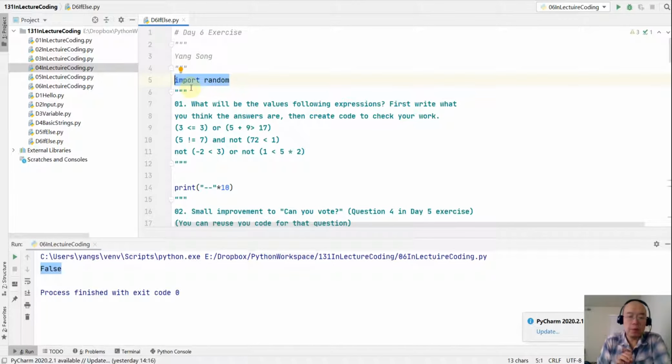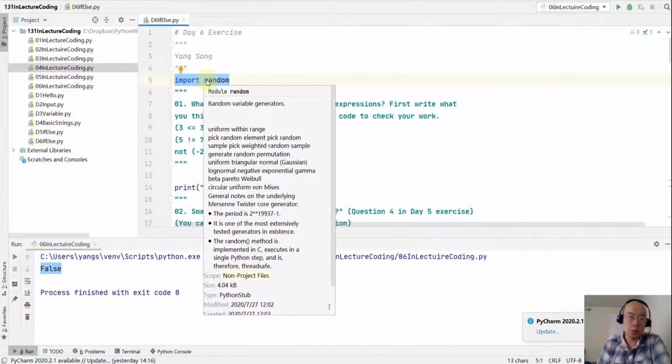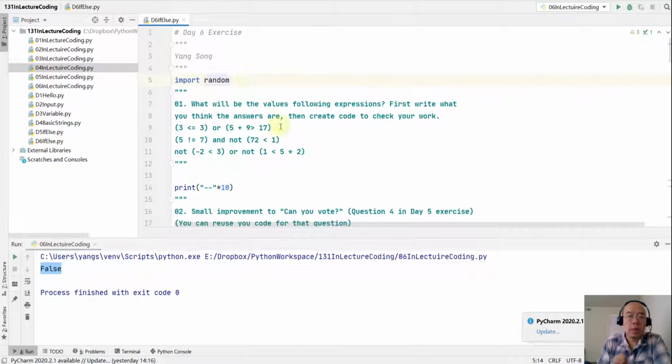So remember, if you want to use the random module, the very first thing is you have to import random, because the random module is not imported or included by default. Okay, let me take a look at the first question. The first question is, what will be the values of the following expressions? And first you have to figure out the answer